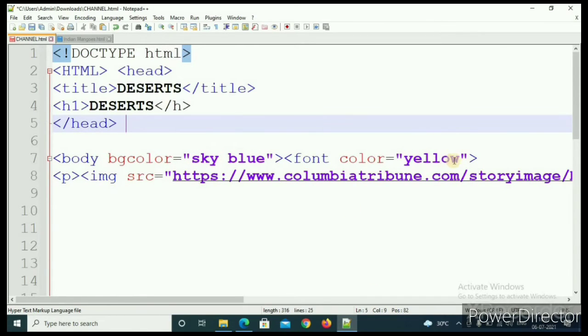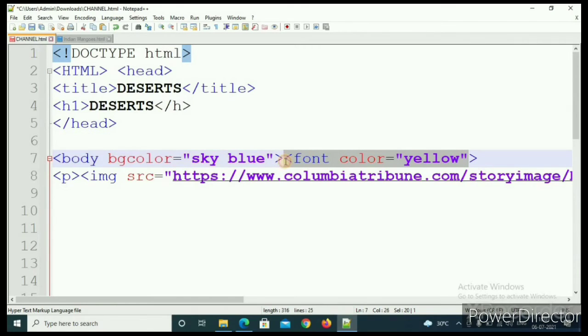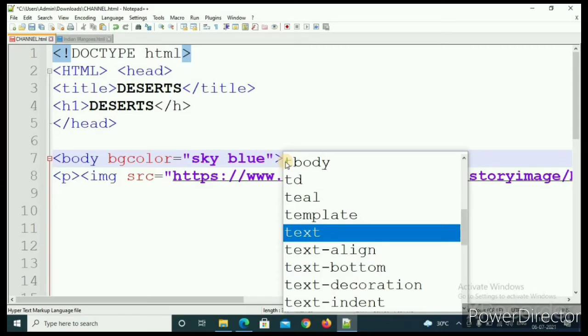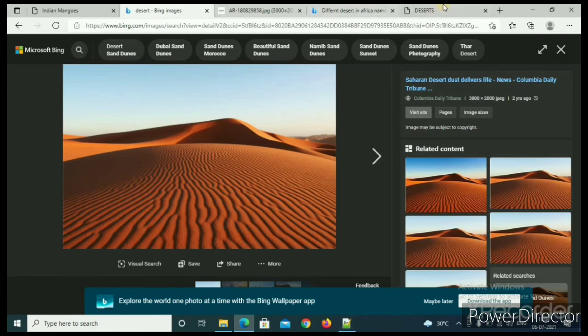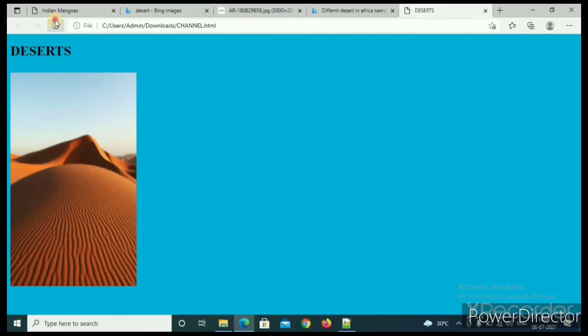So here I will delete this and then write text equal to yellow. Then close and then Control plus S, and as I hope it will run.